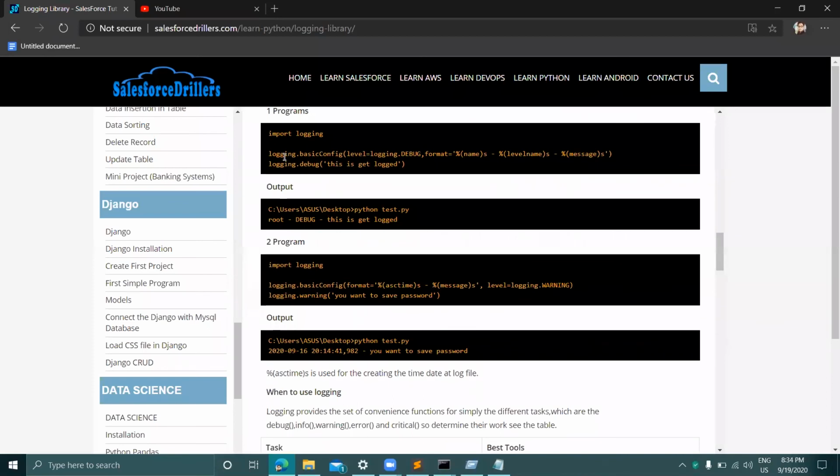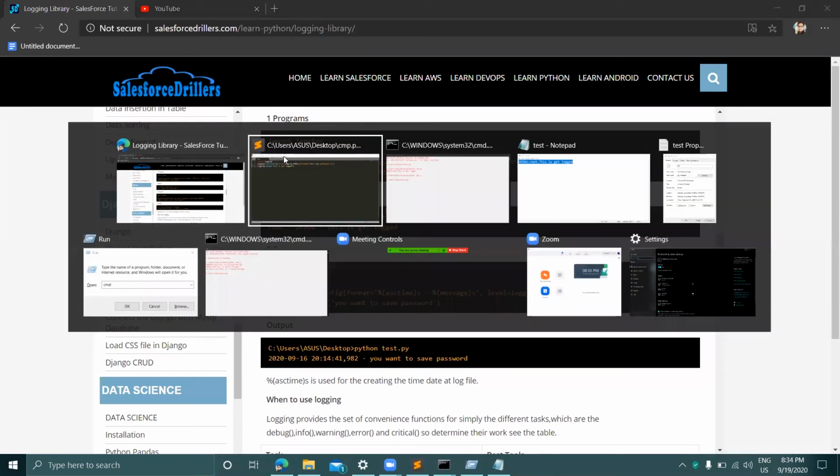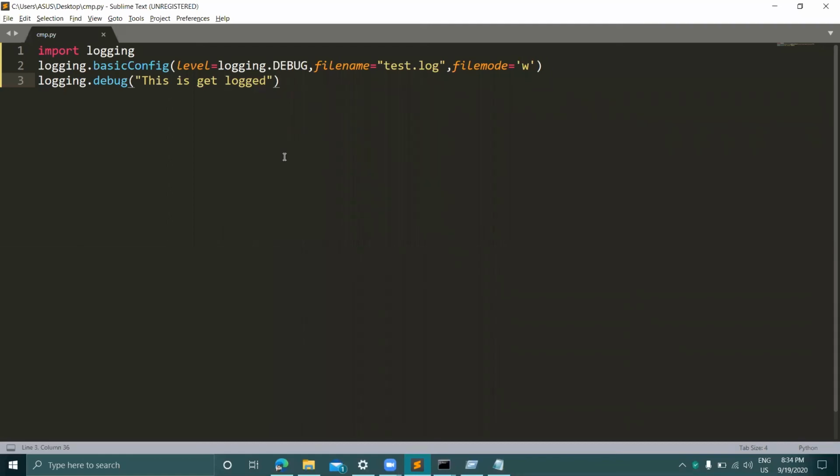Okay, so let's see how to use the format. I have already created this file. So now we will use the format. So format equals to